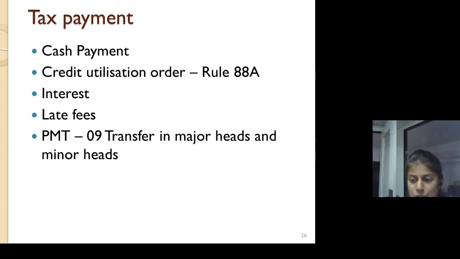Next is interest. Interest is something that people face; they file nil returns because they have cash flow issues. And after that, the next month, they will file all their sales bills and so on. Doing this will always give you a risk of interest which you have to pay because the